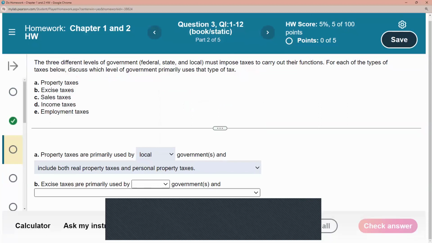So this brings us to B. Excise taxes are primarily used by blank and. Excise taxes and customs duties are essentially taxes on imported goods. They have generally declined in importance over the years, but they still remain a significant source of revenue. Federal excise taxes are imposed on things like alcohol, tobacco, gasoline, production of oil and gas, and other types of goods. Many state and local governments impose similar excise taxes on goods and services, but for the most part, they are primarily used by